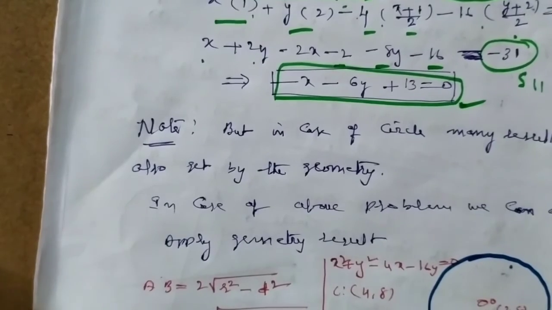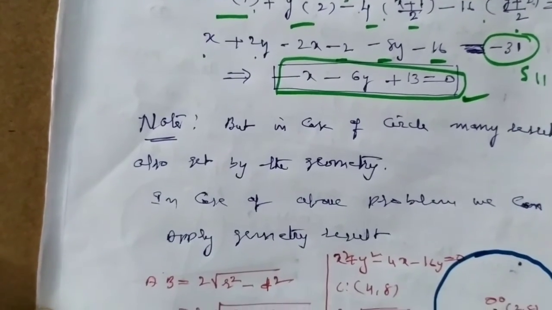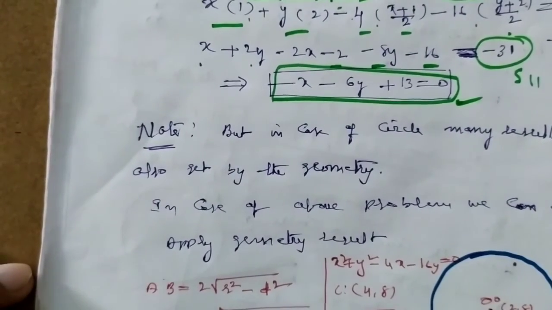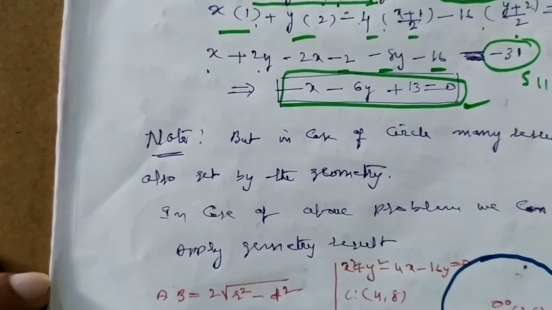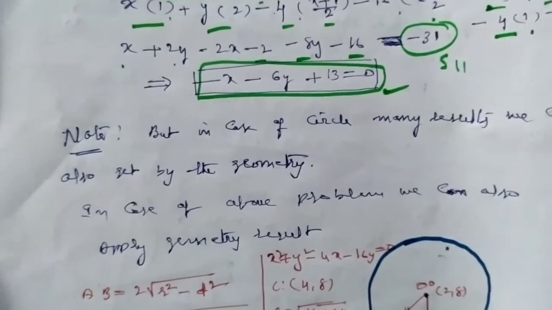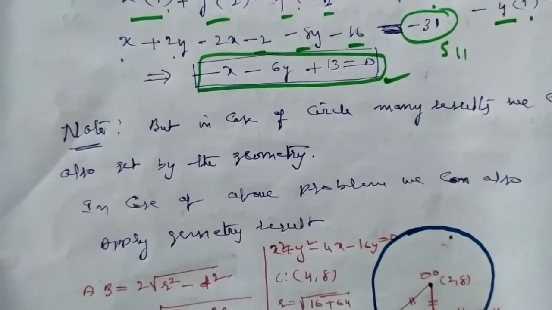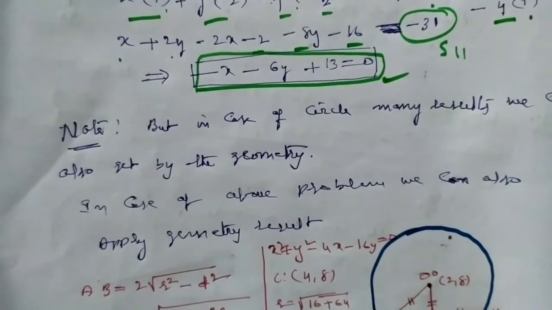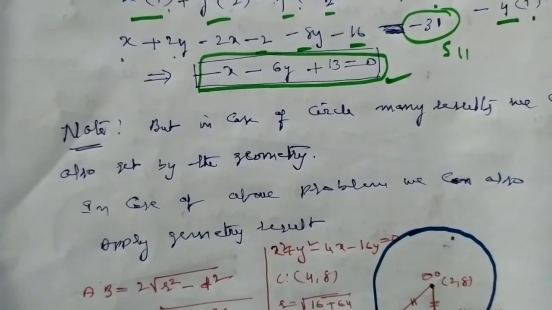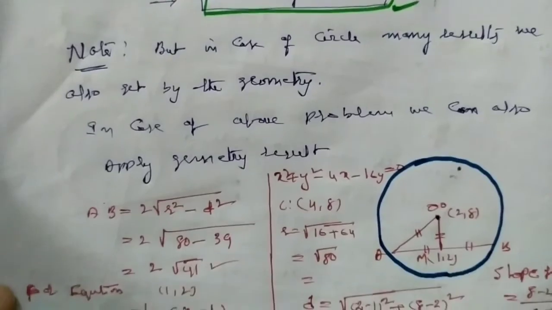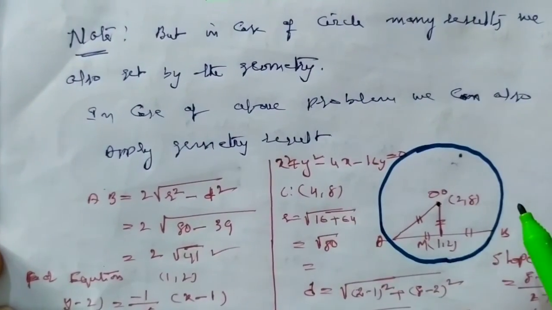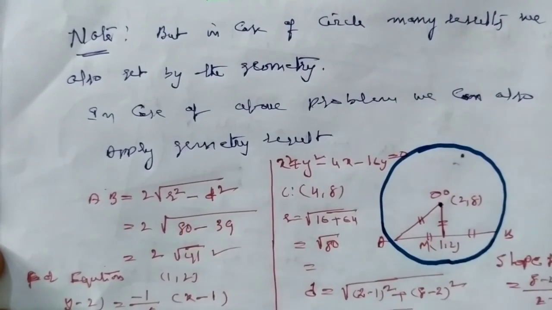Alternately, in a circle we can find it another way, as it is a favorable figure for us. As we have already discussed in high school standard, we have some major idea about the circle. For the remaining conics we use the formula S1 is equal to S11. For the circle also it can be used. Geometrically we are familiar with the circle. So if you consider this example, we can solve it geometrically.